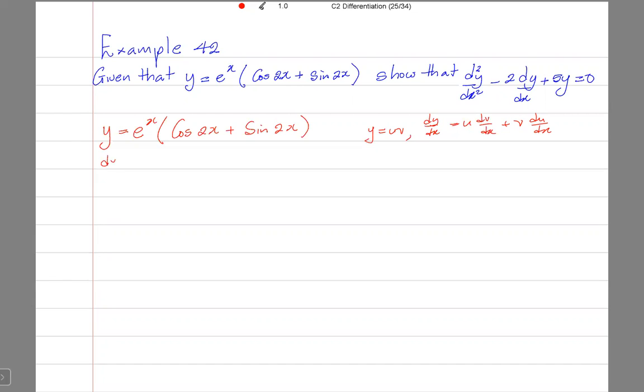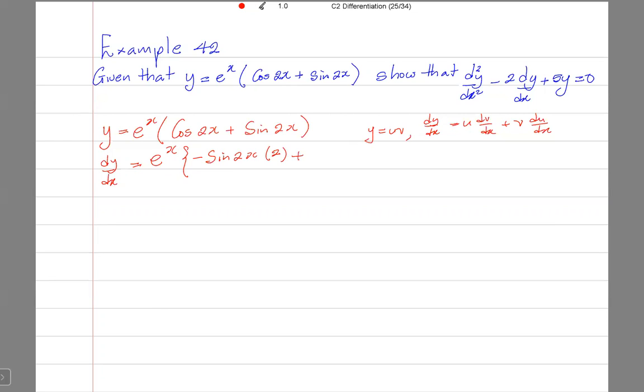So dy by dx, we are going to leave the first, which is e to the x, and differentiate the second. Differentiating the second means differentiating whatever is in the bracket. Differentiate cos, I get minus sine, so this is minus sine 2x, and I have to multiply by the differential of the inside function, which is 2,